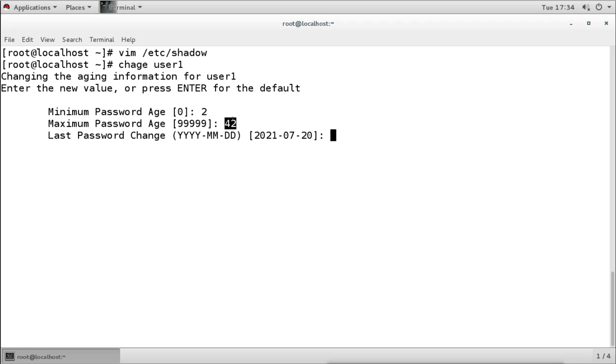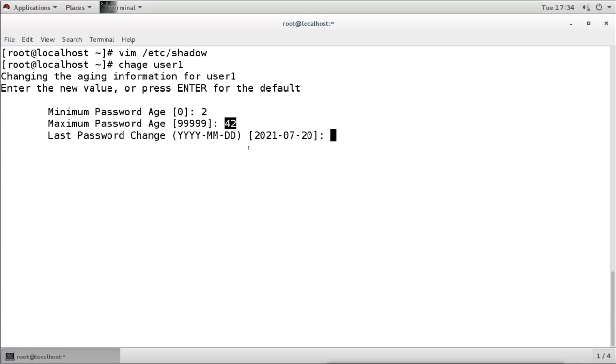If I don't change this last password change date, then the password for this user will expire directly, because it was already changed more than 42 days ago. So the password for the user account user1 will be disabled directly.